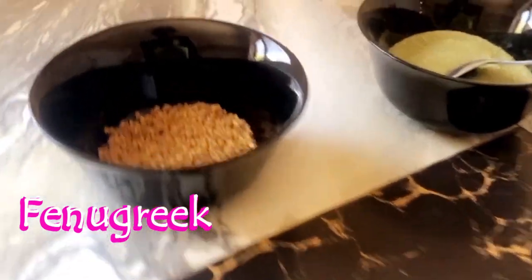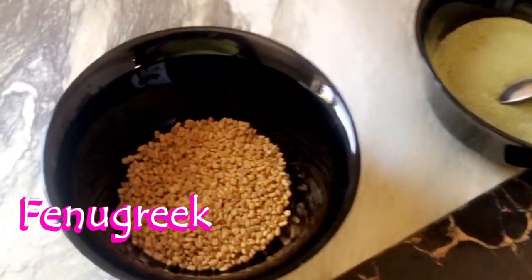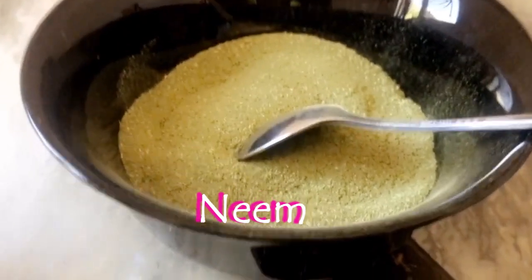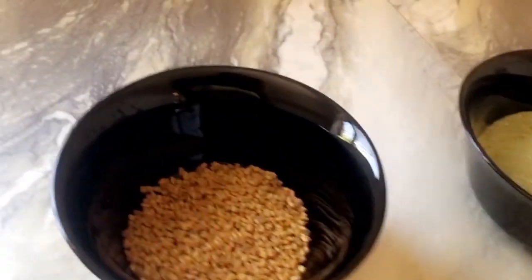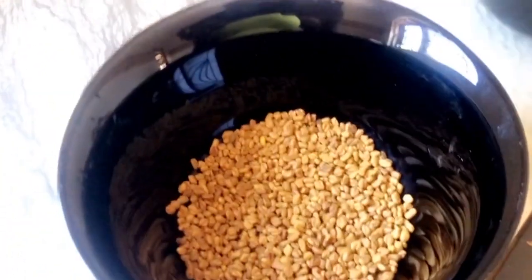The star of the show, we have the natural ingredients which are really safe to use on your hair, which are the fenugreek seeds and of course the neem powder, guys. These two are the game changer, guys. This combo will grow your hair amazingly, guys, because it's designed to grow out your hair. First of all, I'm going to